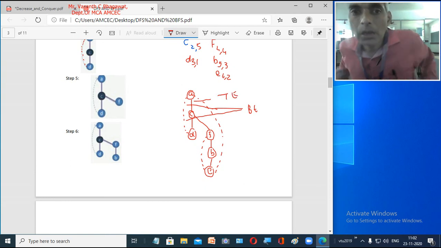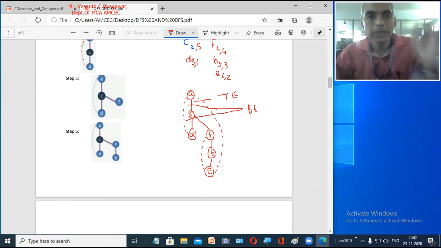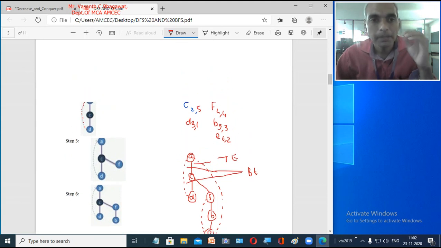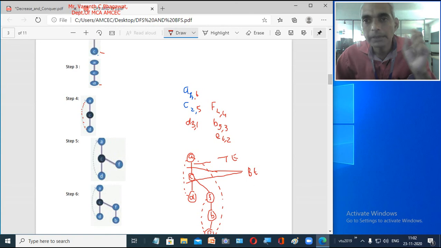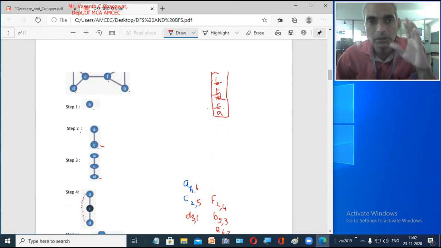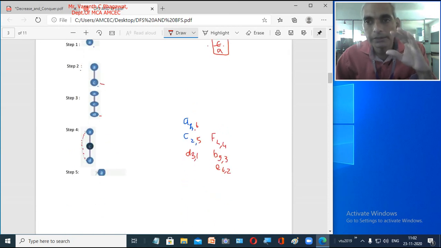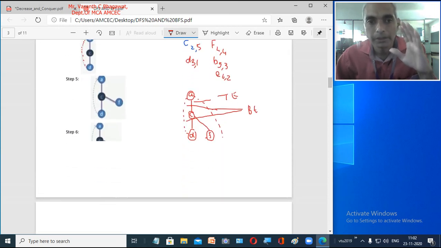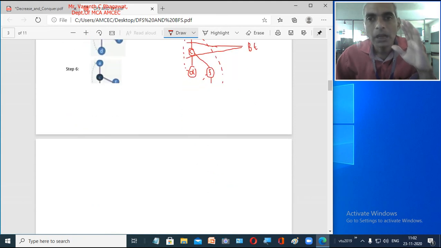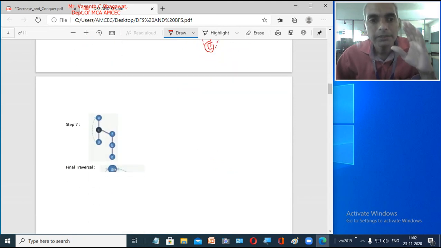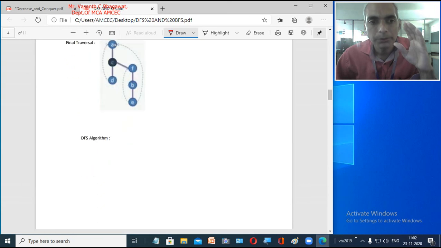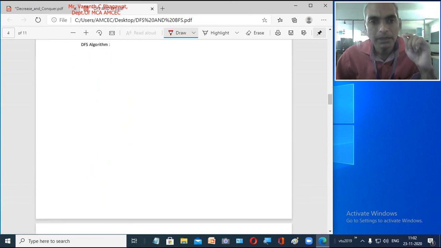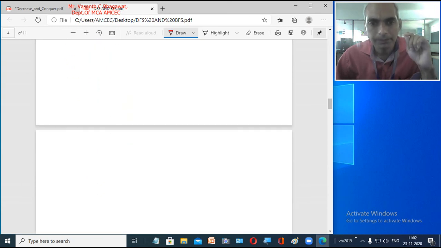Now this is how we are going to solve. For each step in the examination of DFS, you have to draw, and next to each step you have to write in 2 lines what procedure you are following. Initially we have seen that there are 5 to 6 steps for the algorithm. Clear? Now this is about our DFS algorithm, or how we are going to traverse it.